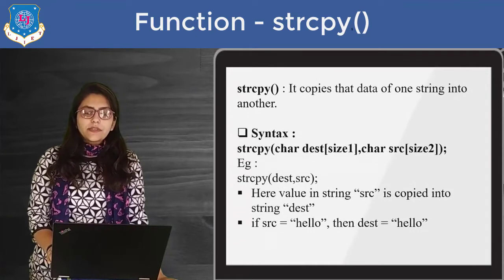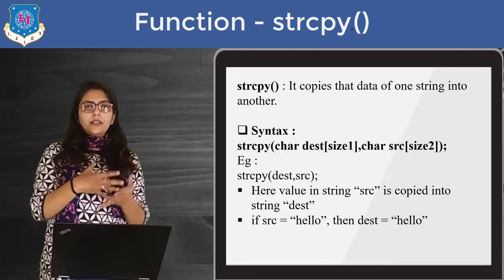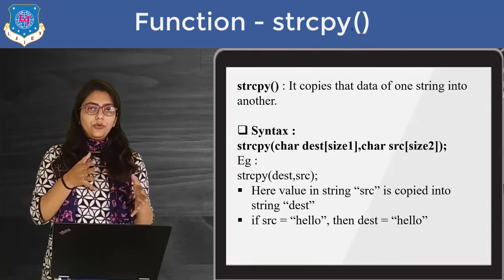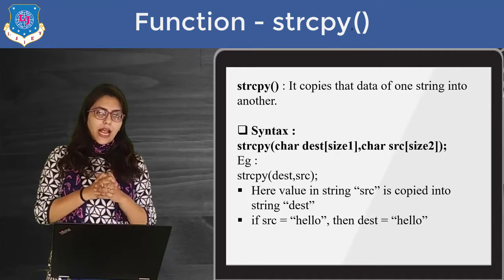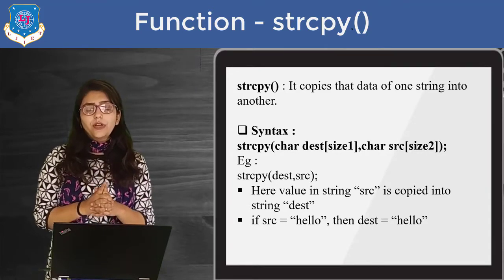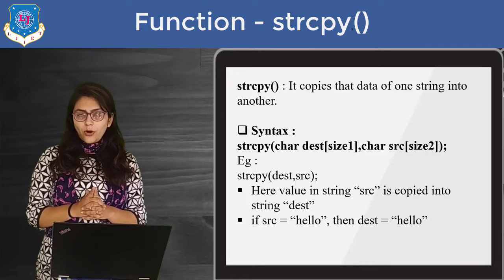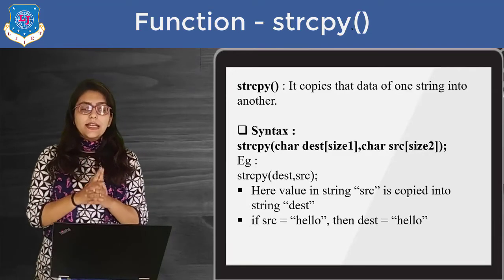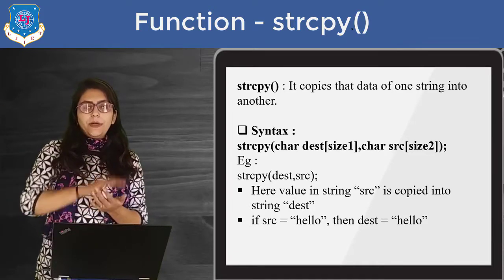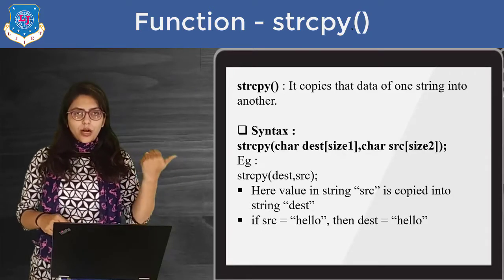Then the next function is strcpy. Sometimes you want to copy one string to another string, because you cannot assign one string value to another string value. Suppose you have string s1 and string s2, you cannot write s1 equal to s2. This is an incorrect operation in the case of strings. So if you want to copy one string to another, you cannot use the assignment operator. You can just use the strcpy function, or you can code it in a different way, so that each character of the string is copied to another string, right? So strcpy is nothing but copying one string to another string.